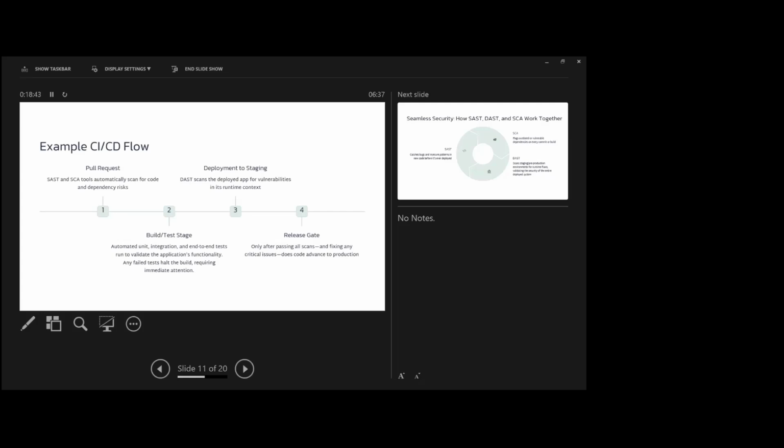be deploying that particular code into a build or test environment, right? So here they will be doing the functional testing. Basically, when step one fails, step two doesn't happen. That's the gate we have there. So SAST and SCA would be running at the code level. Once the functional testing is completed in step two, then in step three, before